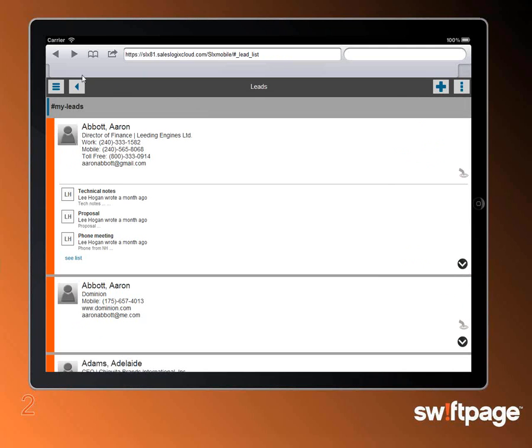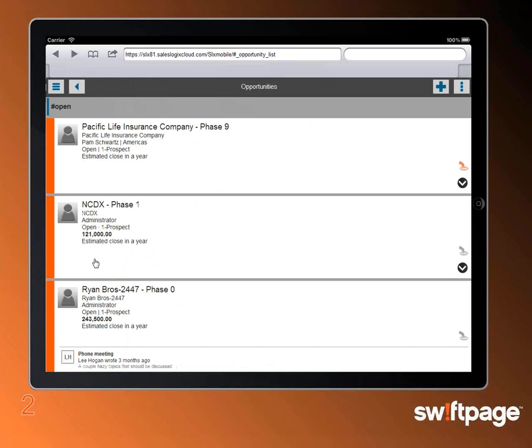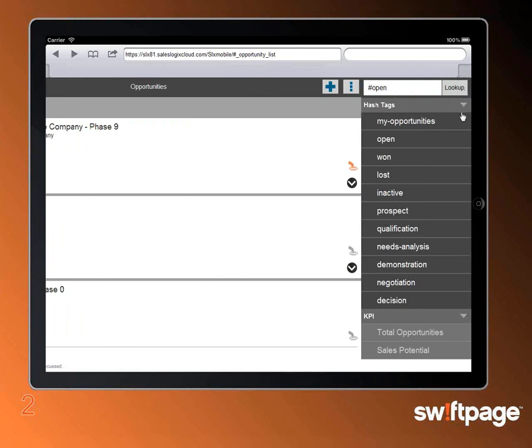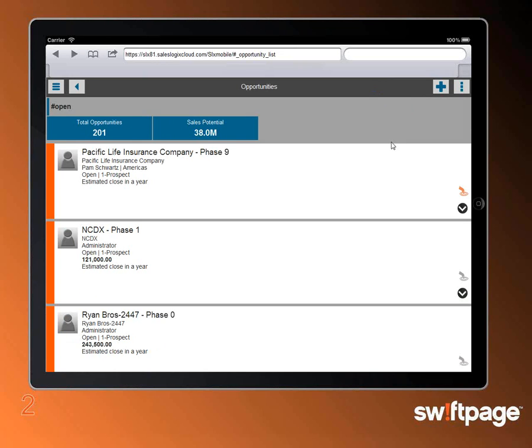When I get into my opportunities, these are the things that are actually actions that can be put on your forecast and be quoted. So we have reports built into the system that actually give you metrics, so you can see where your quota, where your pipeline happens to be. And this also has some KPIs that go along with it, so I can see how many sales opportunities I have, this total sales potential. And let's go ahead and look at all my open opportunities. So I get a quick look at what my total sales potential might be.